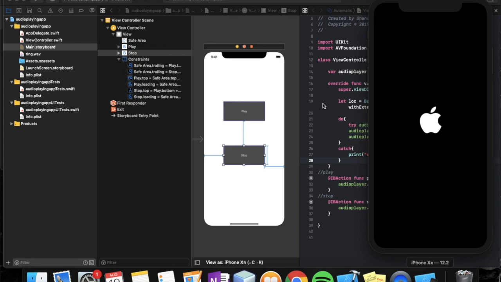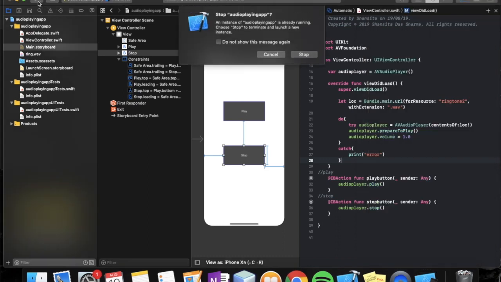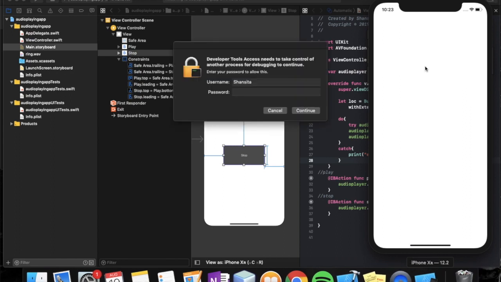So I spent like 3 weeks trying to find out what problem it is, and I researched so much that I ended up finding problems that I didn't know even existed in my app, but I couldn't find a solution to that. And then finally one day I was working on another app in which I was using a WAV file, and then I realized that it might be a problem with the MP3 file. And then I searched it up on Google and I tried it in my own app, and that was the problem. So I'm telling you, just use the WAV file instead of an MP3 file. It'll be much safer. Okay, so now the app has launched